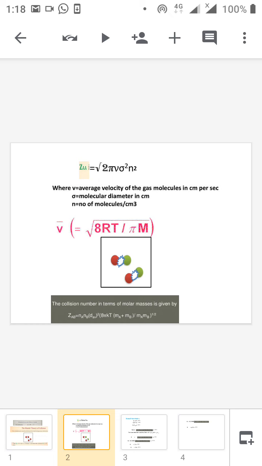D average is sigma A plus sigma B divided by 2. That is, the diameters of the two different molecules divided by 2, the average diameter of the two different types of molecule. Then the velocity is written as 8 pi RT divided by, instead of m, we substitute MA plus MB divided by MA MB, whole raised to half. Then